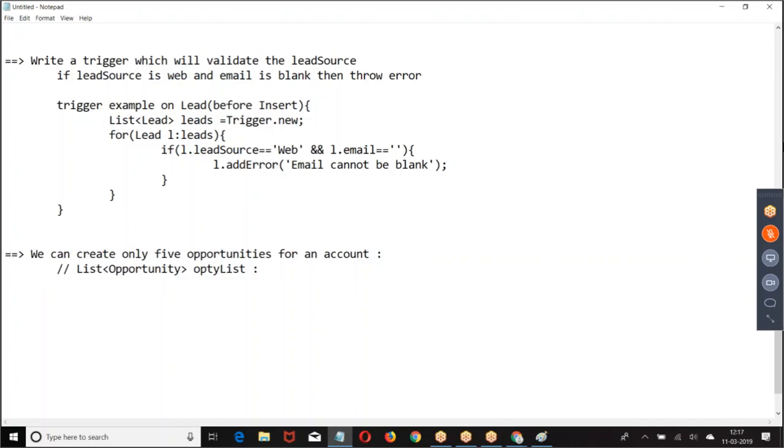Okay. First step. Step 1, fetch all those accounts for which new opportunities are created. Now, first do the step number 1.